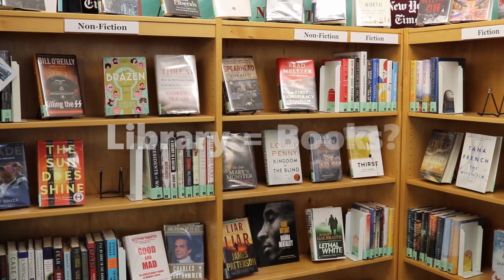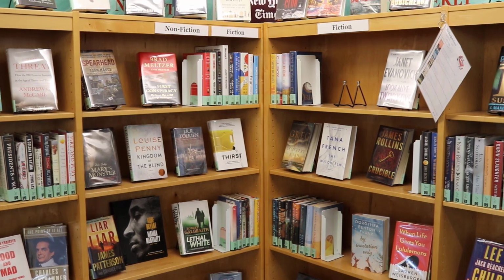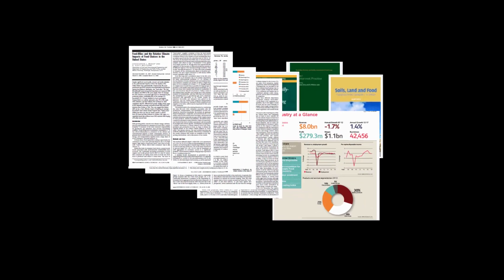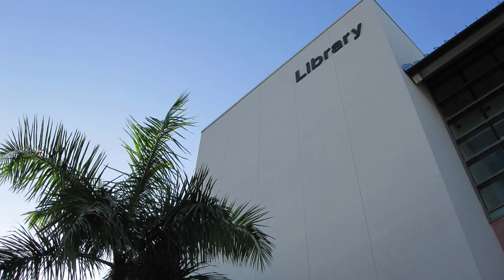When you think of the library, you probably think of books. The FGCU Library does physically house hundreds of thousands of books, journals, and multimedia items in the building. The library also provides access to hundreds of thousands of articles, ebooks, and specialized resources through the library website. The most valuable thing the library has, though, might be the knowledge of our faculty and staff who are here